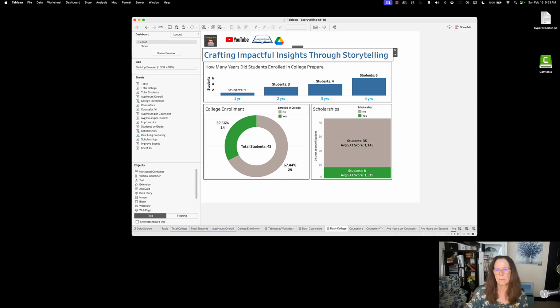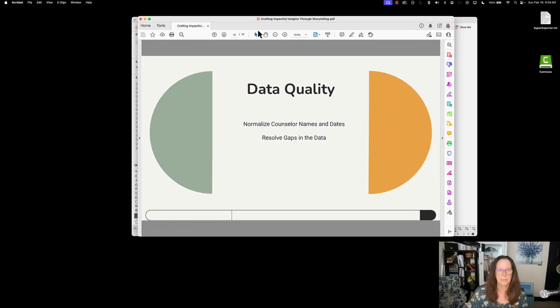I wanted to mention the colors here because that's one of the things that Tableau suggests for you. You don't want to mix colors, and I have actually mixed colors in the bottom 2 charts. You'll notice that my color legend says that if you're enrolled in college, yes is green, and then no is gray. So I'm using that to indicate college enrollment. On the right, I'm using the same colors to indicate whether they got a scholarship. So a best practice might be to use different colors for that if I intend to use these on a dashboard. I'm using blue to indicate the number of years, so that is okay. And I want to show you that in the slide presentation real quick.